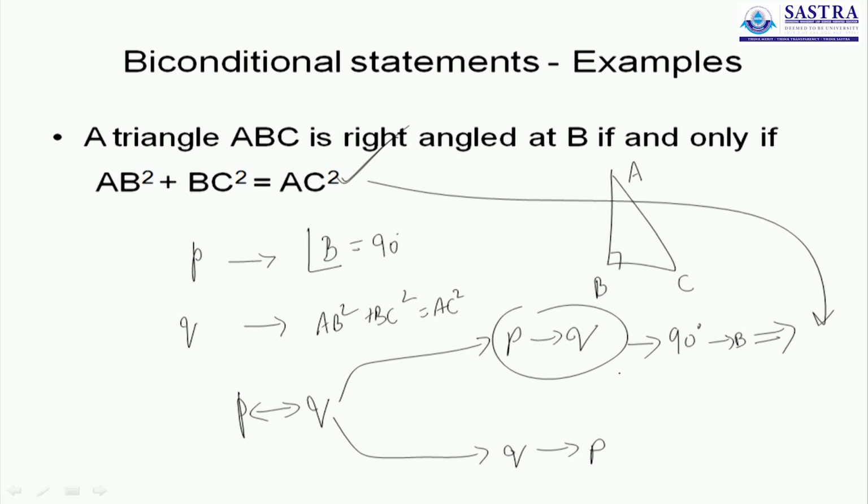But what is the converse? You switch the direction of the conditional. You say if Q is true, then P is true. So what is Q? Q says that there is some triangle ABC for which AB square plus BC square is actually AC square. And the converse says in such a case the angle B should always be 90 degrees, and that's true. If you have your scales, the rulers, pencils and the protractors ready, you can always try and construct right angle triangles. Whenever the angle is 90 degrees, you will observe this pattern.